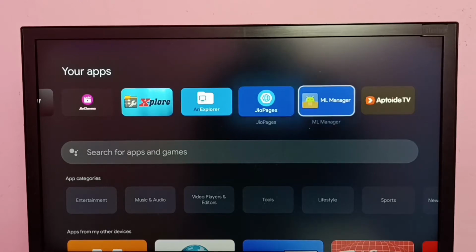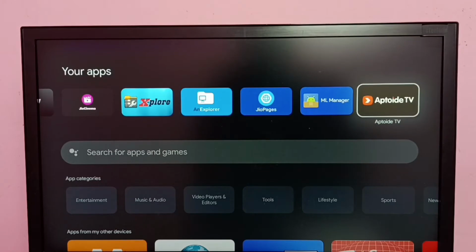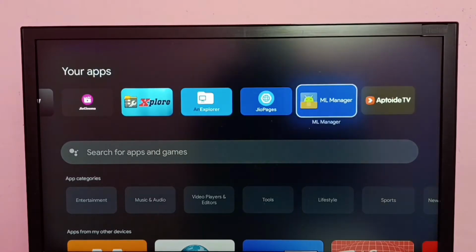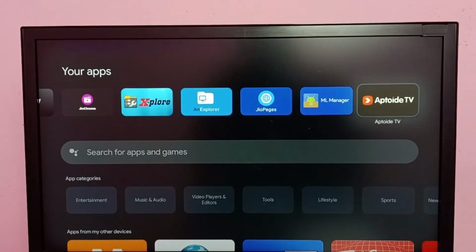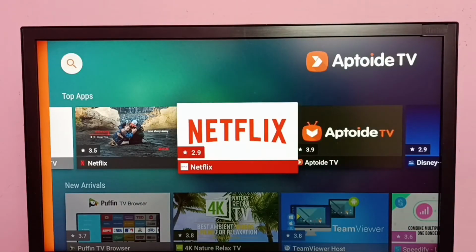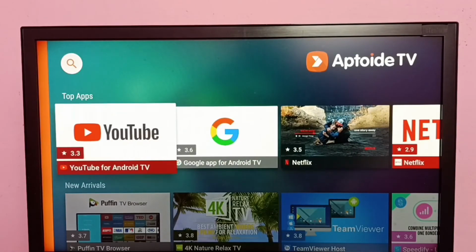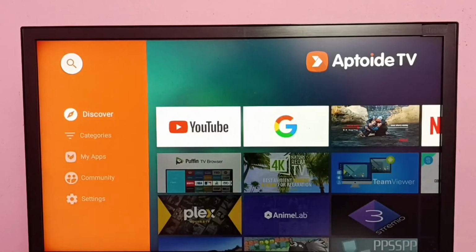tv.aptoide.com, then download and install this Aptoide TV app. See, I already installed this Aptoide TV app. Let me open this app. Okay, so now we are seeing Aptoide TV app. So in this app we can search for